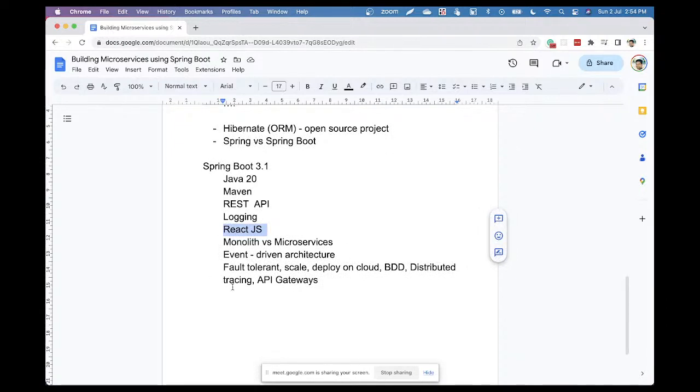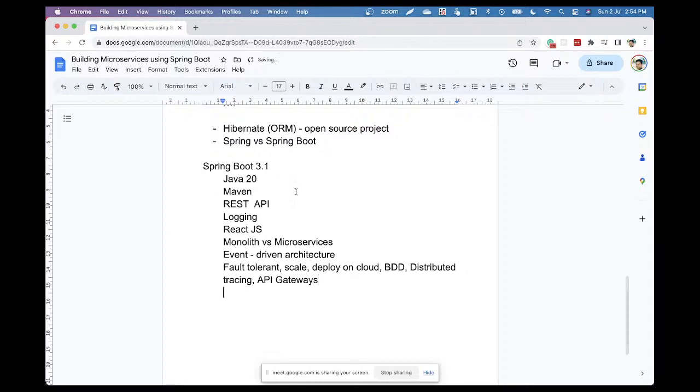And you can also use various databases. Spring provides integration with databases, relational databases, NoSQL databases. Spring provides good control for transaction management, and Spring has a lot of security features, and it is good for